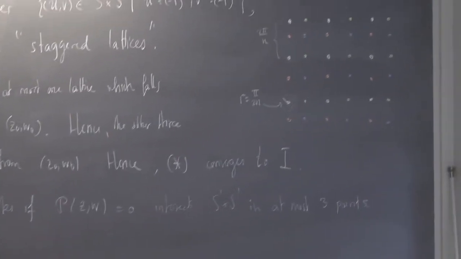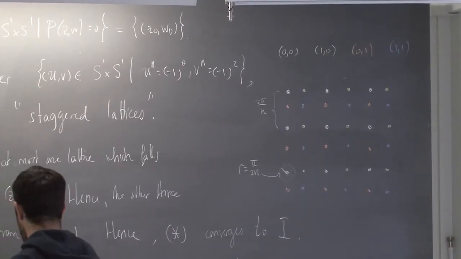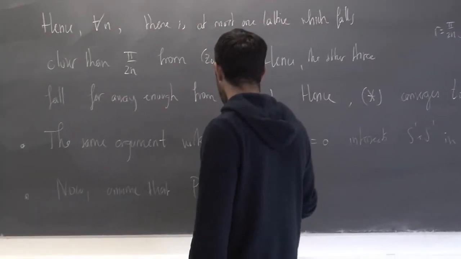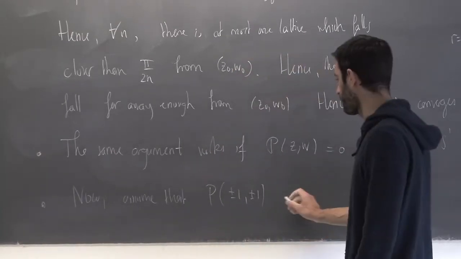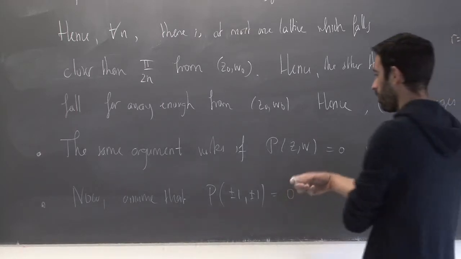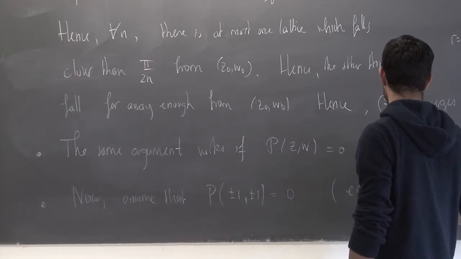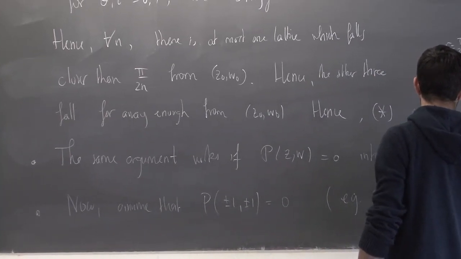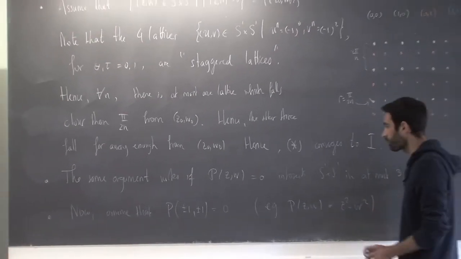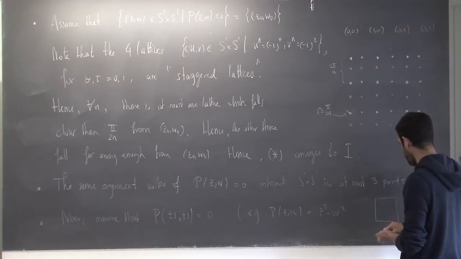Now, assume that P, so let's say, for example, that the 4 real points of the torus are zeros. For example, you take P(Z,W) equal Z squared minus W squared. Okay, so this is a case where, if I draw the torus opened up like this,